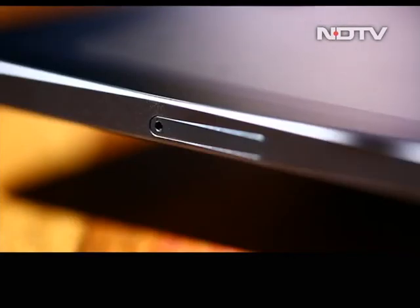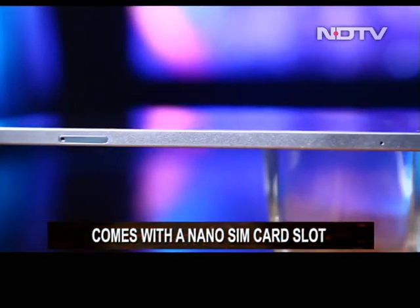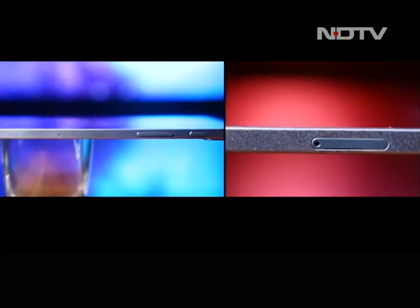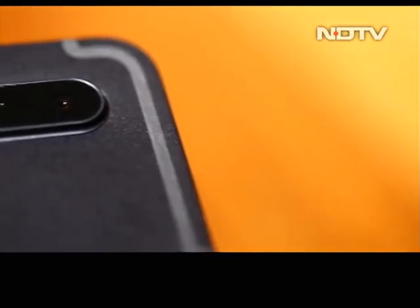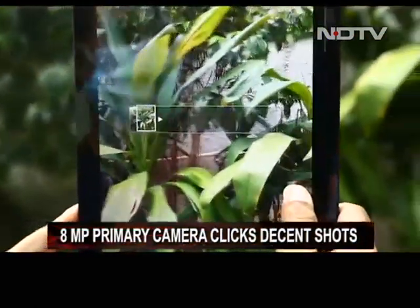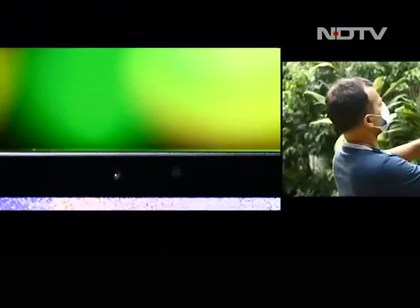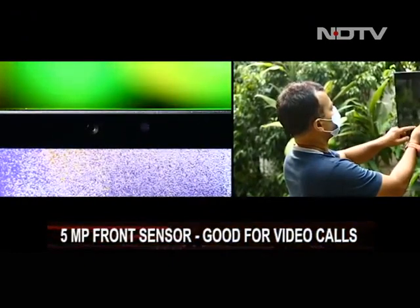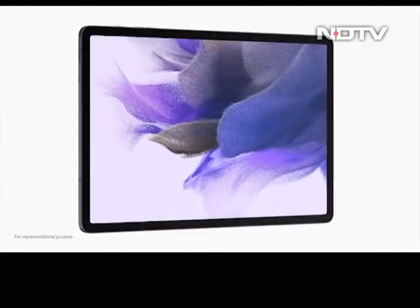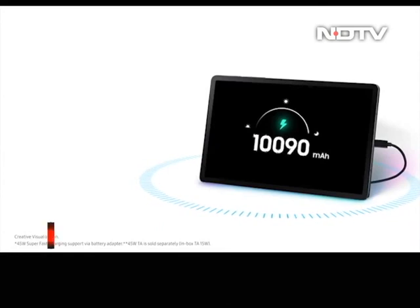The S7 FE is a 5G tablet and can support a physical SIM card. Now, we're not a big fan of calling from a tablet, but it is always better to have a micro SIM for added connectivity. For the optics, we get an 8MP single lens setup on the back which produces decent images and can be used for more than just scanning documents. The front camera is a 5-megapixel shooter which is fine for video calls, but the selfies are not worthy of your social media feed. Carrying a 10,090 mAh cell under the hood, the battery capacity of this tablet is its